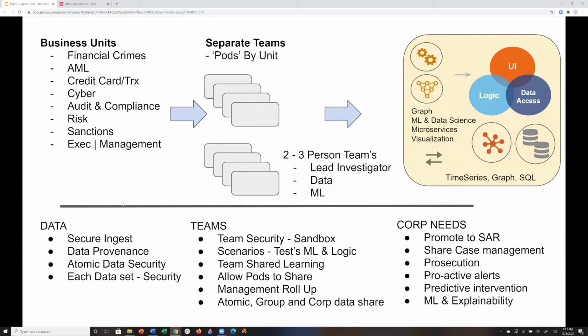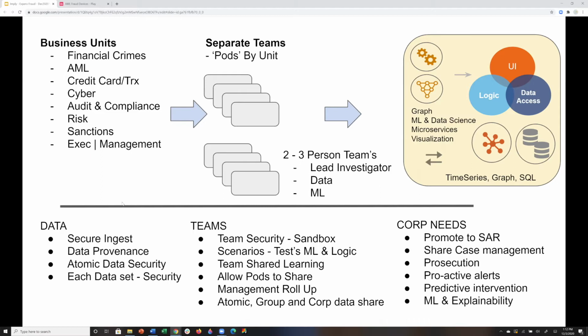Now, this is complicated by the fact that we typically have large groups of teams, lots of individual teams that can't necessarily share with other teams. And this is kind of a need to know, if you will. And in some cases, these groups do work with each other. And so that ability then to sort of make it atomic and then allow it to sort of be connected to other groups. How do those groups build their own scenarios without sharing? And then when it is time, how do they promote it into a group or into a SAR or those kinds of things? And these are now these workflow elements.